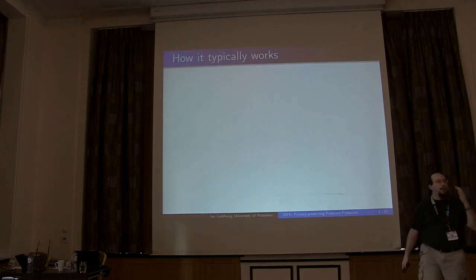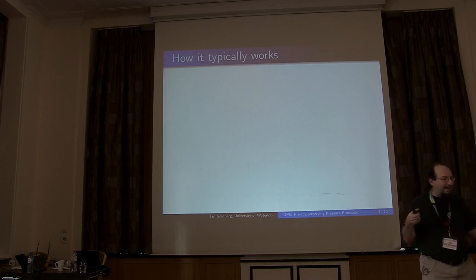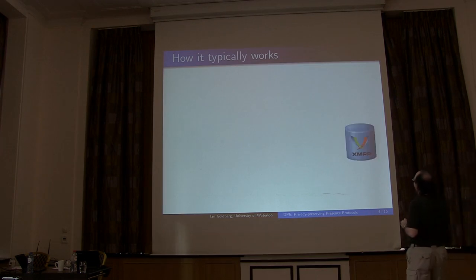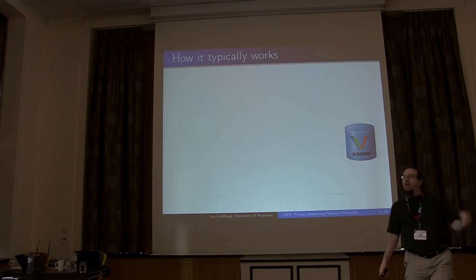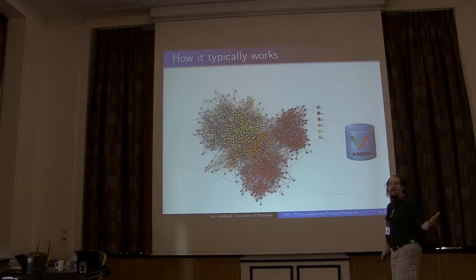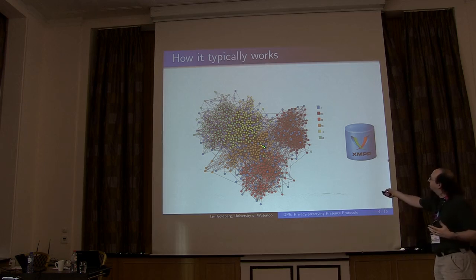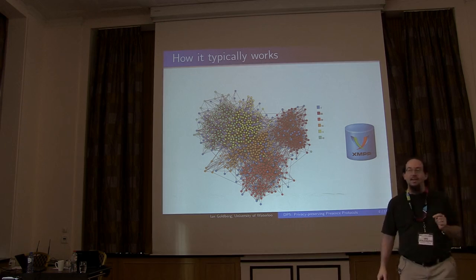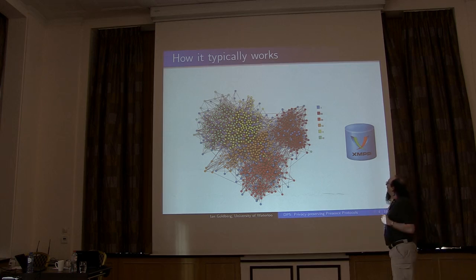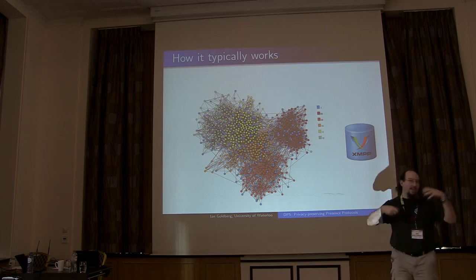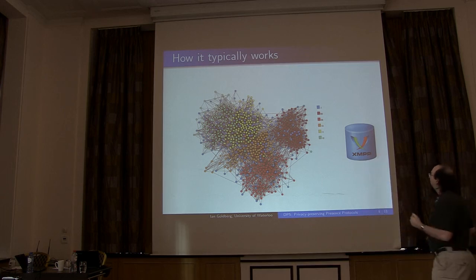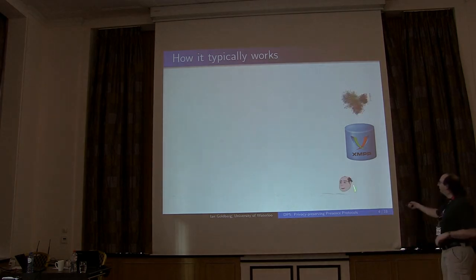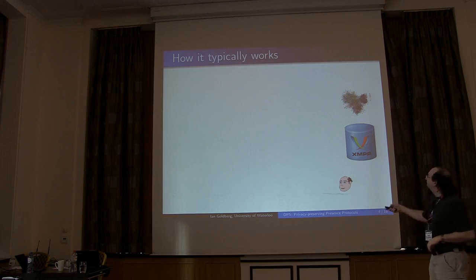So how does this mechanism of presence typically work? Let's take XMPP as an example. You have an XMPP server over here, and the XMPP server knows what's called the friend graph. Every dot here represents a person, and every line between two dots represents that those two people are friends. This can be represented in any way at the XMPP server. This in particular is the friend graph of a US high school on Facebook, but you get the picture. So the server knows the friend graph, and then let's say Bob here is online, and his friend